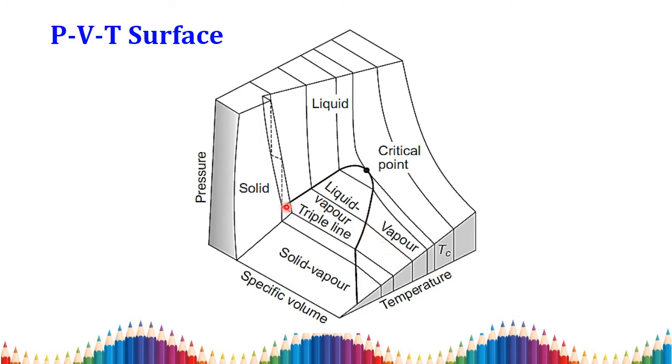What they have done is, here also all the saturated points they have marked and made a line, but this is a 3-axis curve. If you see from this direction, in this direction you observe temperature. So you go for the TV diagram, what will happen, the temperature will get increased like this. So it is a combination of 3 diagrams for easy understanding of the specific entities, right? These are the major macroscopic properties we are going to derive in the properties of a pure substance. These are all the 3 macroscopic properties, that is pressure, temperature and your specific volume.